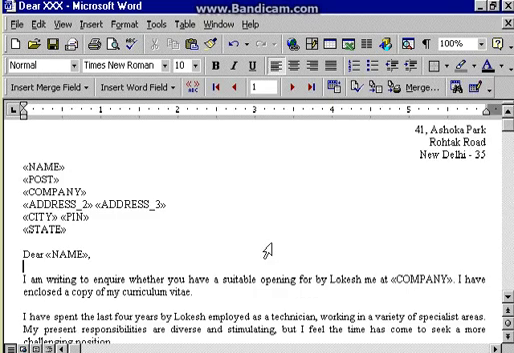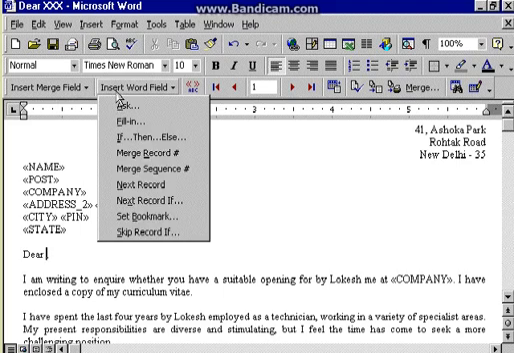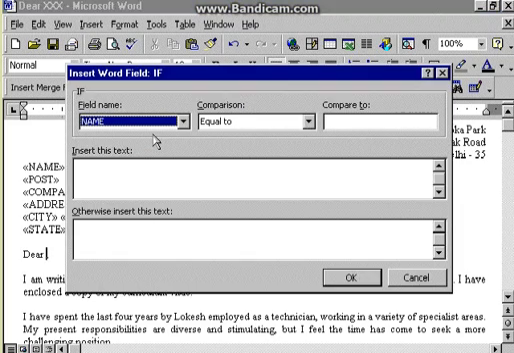And I'm going to make use of if-then-else to set up a condition to be tested. I'm going to delete here, and after the word "Dear," I've included a space. Click Insert Word Field and choose if-then-else. This is divided into 3 parts. First the if, or the test to be performed, then the result if the result of that test is true,